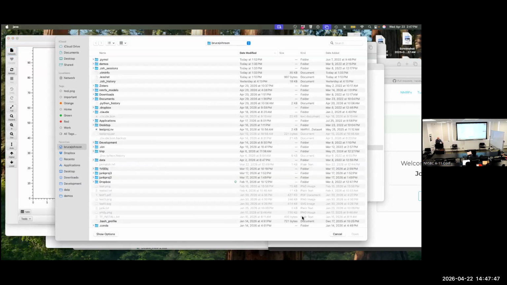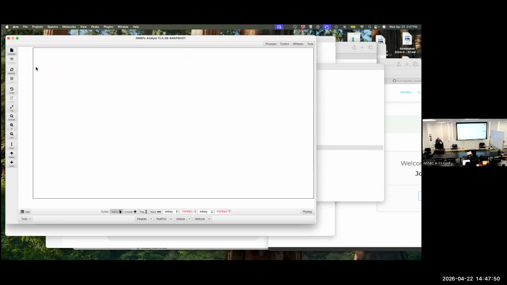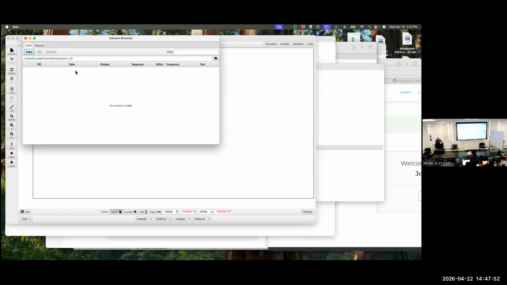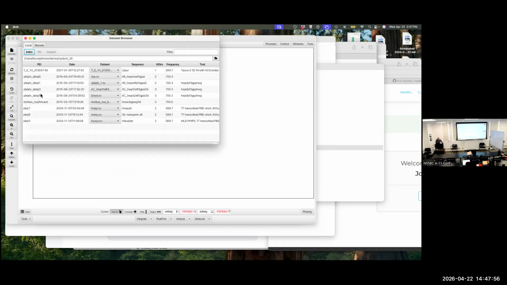I'm going to use my data set browser. I probably should. Let's do that. Let's go back. Data sets. It remembers where I was. I mean, index. The index finds everything. If I go to the HNCACB experiment and click FID,